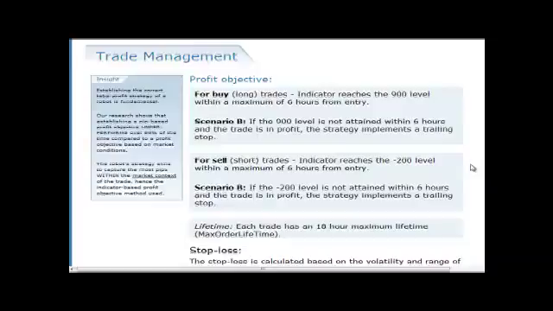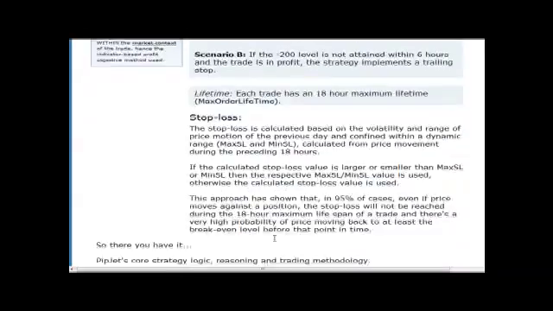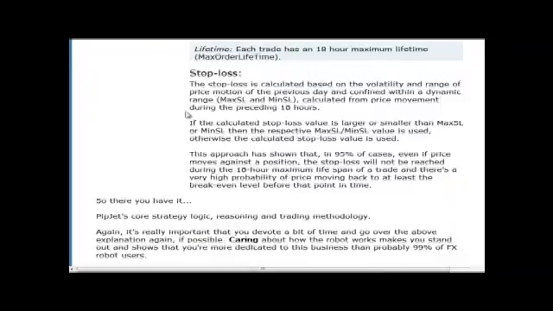If that minus 200 is not obtained within 6 hours and the trade is in profit, the strategy implements a trailing stop. The lifetime of each trade has an 18-hour maximum. I'll mention that it's extremely rare for a trade to be open 18 hours, so you don't really need to worry about that. The stop loss, basically what happens with the stop loss in simple terms is the robot initially